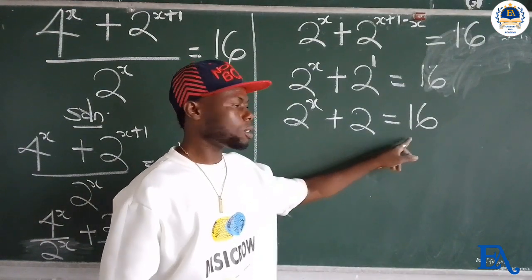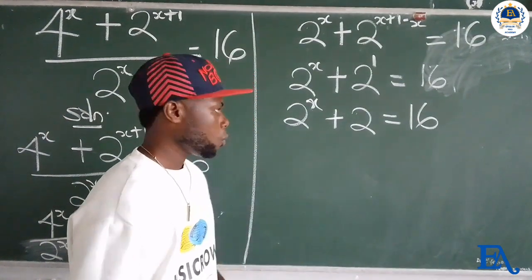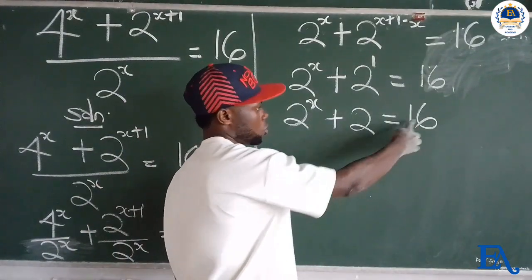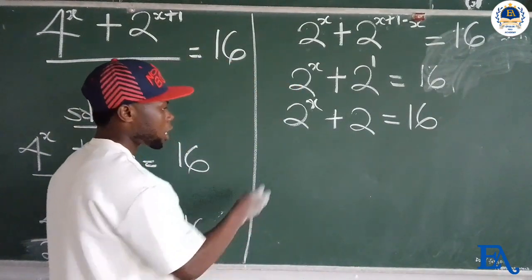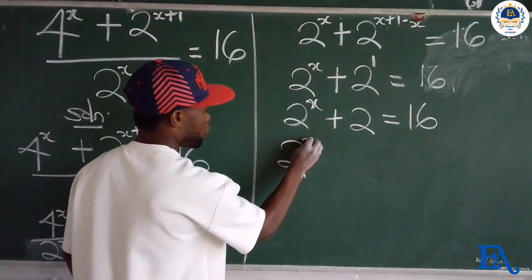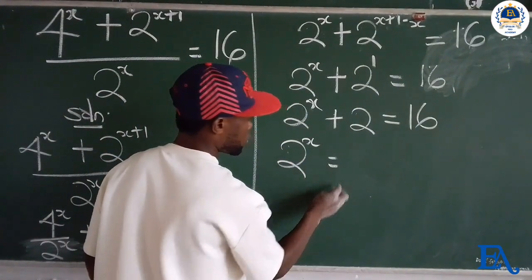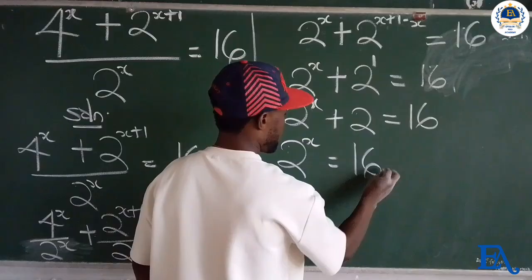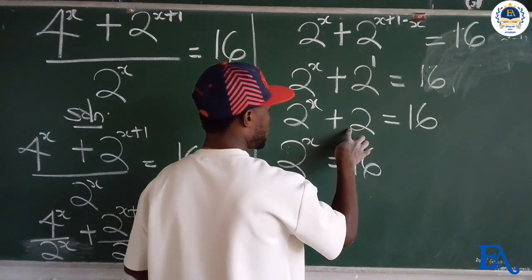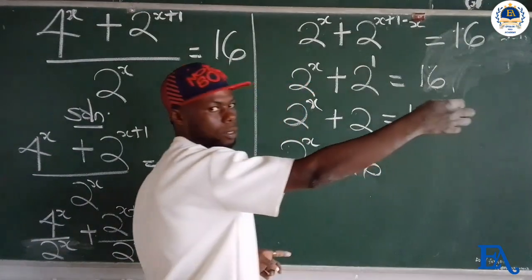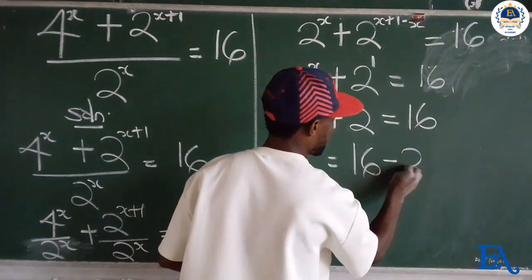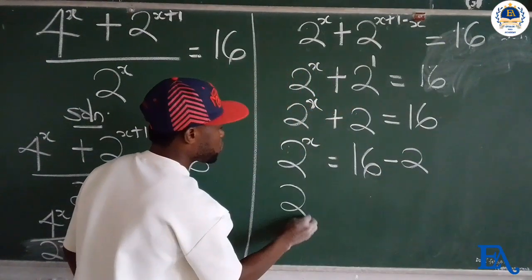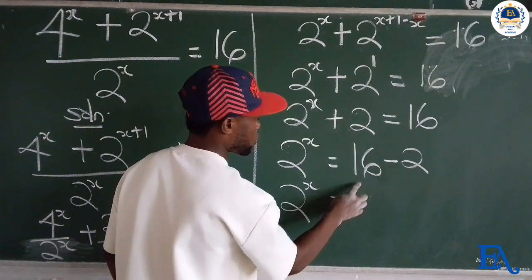So they are called constant terms. We are going to transfer this 2 to join 16, family of constants. So that will yield 2 raised to the power of x is equal to 16. When plus 2 moves to the right, it changes from plus 2 to minus 2. Then 2 raised to the power of x is equal to,